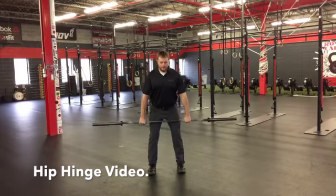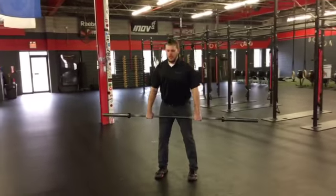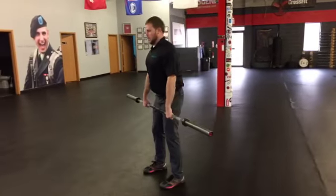Hip hinge is a foundational movement for any of the barbell lifts that involve deadlifting or squatting. So big time for your kettlebell swings as well as your Olympic style lifts. To do this, we're going to neutralize the spine position by exhaling, engaging the abs in the lumbar spine in